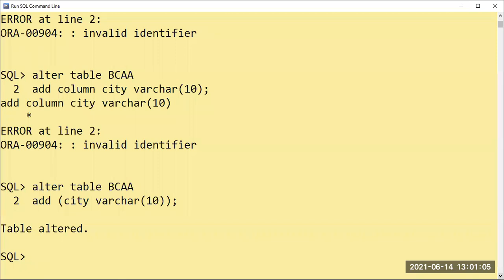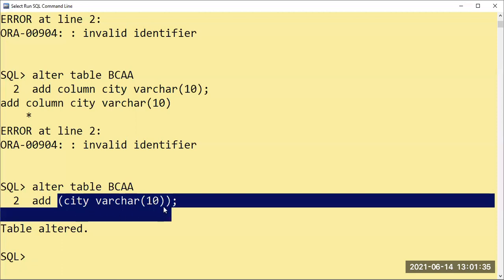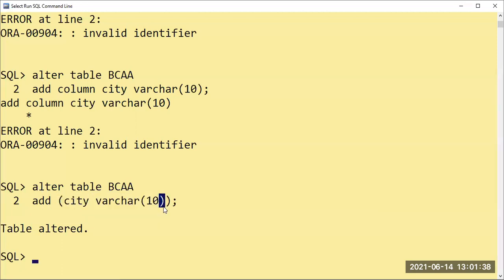Got the idea? We are going to add the column. So when you are adding the column, there is no need to say column, because when we create a normal table, are we saying column, roll number, number? No, we are just saying roll number. All the columns go in one bracket, in one box. That's the reason you have to use the opening parenthesis and closing parenthesis. And when you have one more column, say comma, and start putting the variable names. Okay, so this is done.